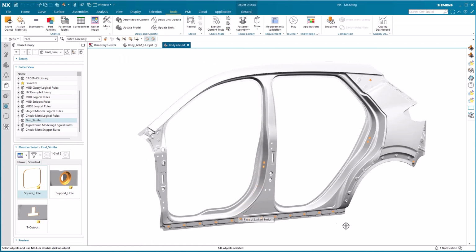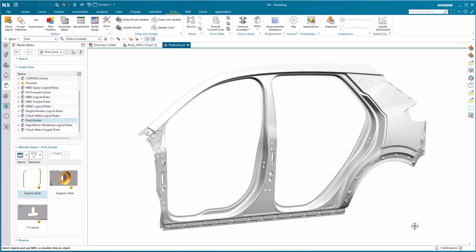To summarize what we have seen in this tips and tricks session of the Select Similar Faces tool and defining and reusing shape regions, you have seen how to define your own shape region objects in the Reuse library to be used with the Select Similar Faces tool. That you can name faces in the predefined shape region to ensure correct faces are matched when executing the face region search. That you can combine predefined shape regions from the Reuse library while in the Select Similar Faces tool.